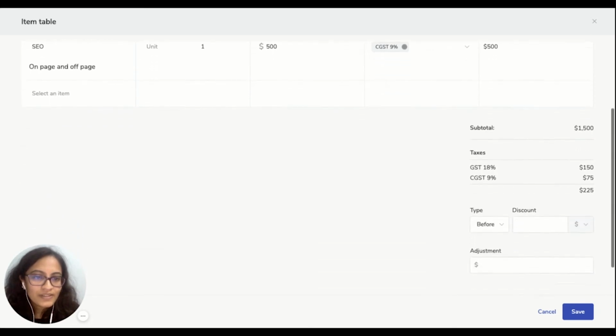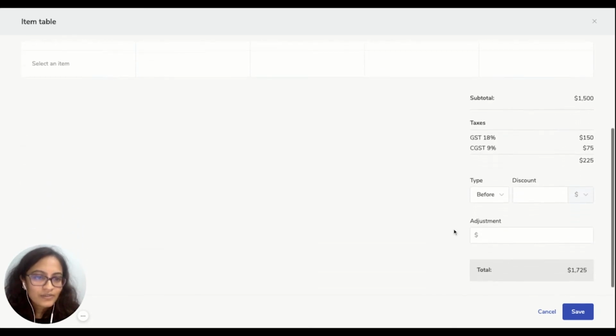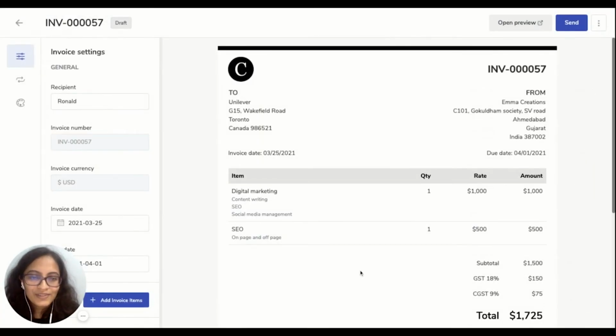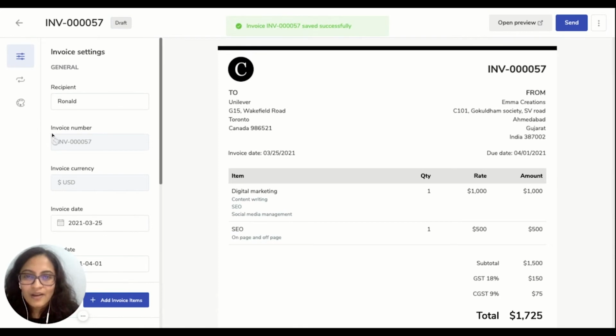Now here you can see the total, and also if you want to give any discount, you can give it from here and do the adjustment, and then when you click on save, it will be seen on your invoice. So this is how you can use your items in invoices.